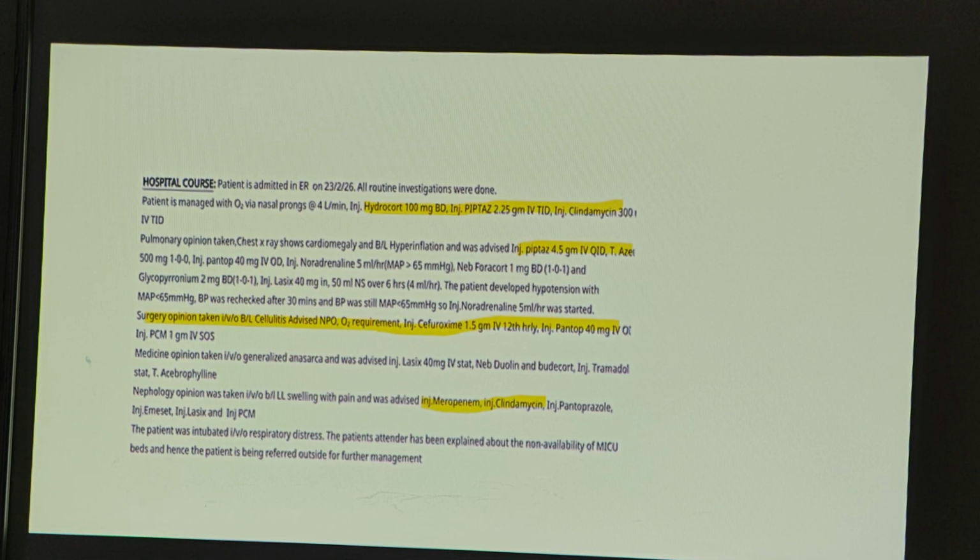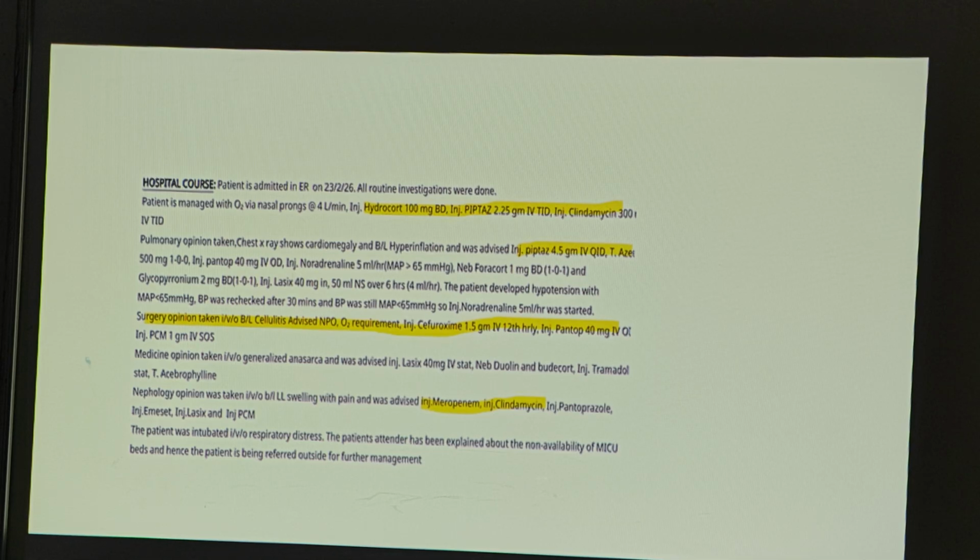I asked the resident, he's telling the patient got Piptaz, the first one only, and the patient got LAMA from our hospital. And one thing is they didn't send the urine culture of this patient, even though the peculiar urinary tract infection features were there for 7 days. The patient is from the Medicine department. So, he came through emergency only, sir. Emergency, he went from there. Yes, sir. So that kind of thing happened to this patient.